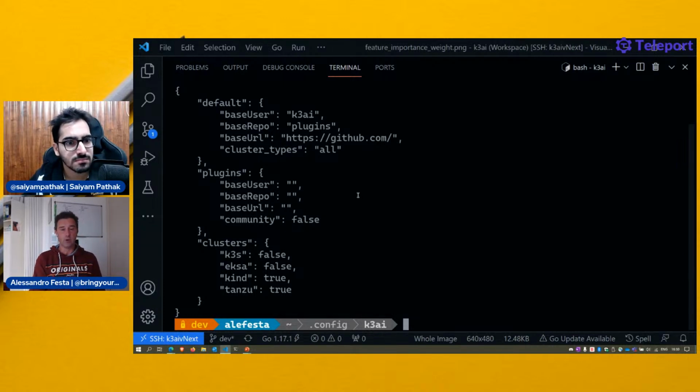Let's say that, for example, you want to deploy K3ai remotely on all the laptops of your data scientists in your company, and you want to be sure that only K3s can be run, or only certain plugins from a certain Git repo, not the K3ai repo, but your custom K3ai repo. This is why we do this. So the plugins can be told, hey, K3ai, do the list not from the K3ai public repos, but from my repos.